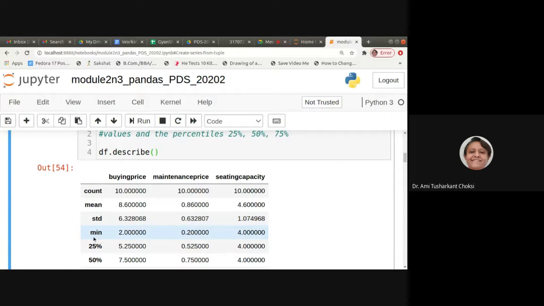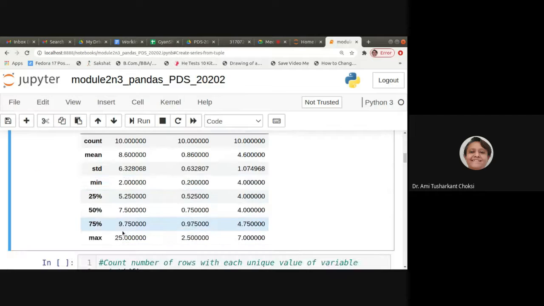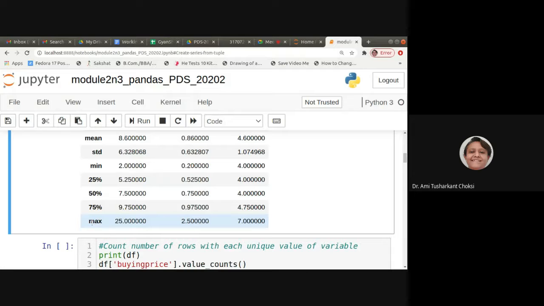Then this is the minimum value available for a particular column. This is called the 25% quartile, the 25th percentile. 50% is the median, and this is the 75% quartile. Max is the maximum value. That's what we are getting here, fine.